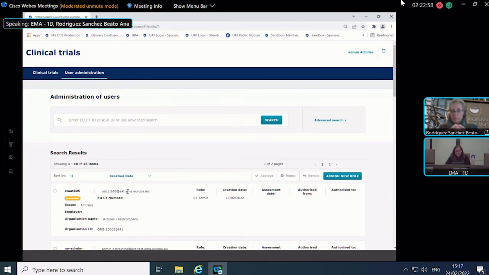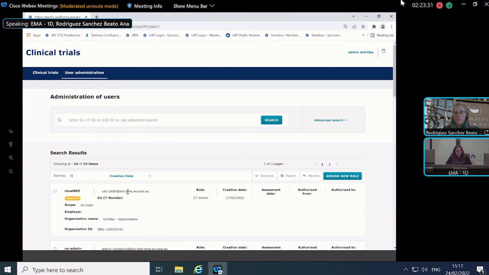So there have been a number of questions around what exactly the sponsor admin can do. Some people have said they don't have the notices and alerts tab as a sponsor admin. I think you've already covered that a bit in that really the sponsor admin's role, if I understand it correctly, is to administer users. Is that right? Yes, it's a purely administrator. They don't have any business permissions, so they are not expected to perform any business activity to create part one, part two, quality. No, this is a purely administrator. They can only manage users.